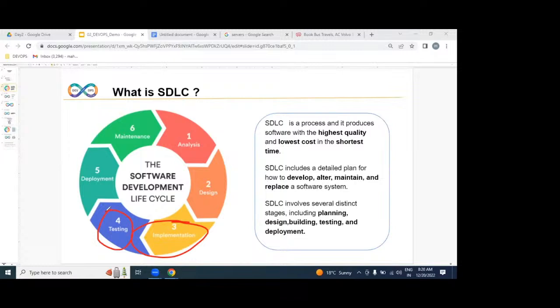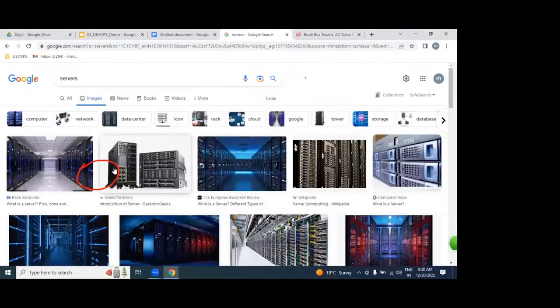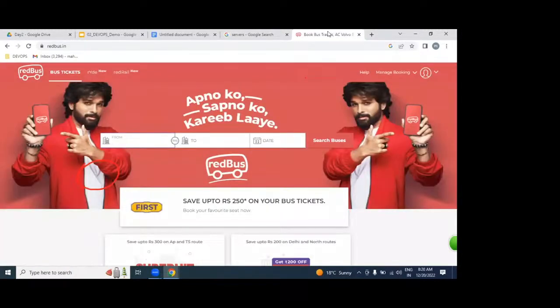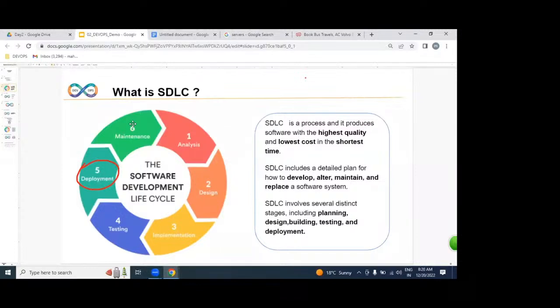Once it is verified, we deploy on hundreds of production servers, so it can be accessed over the internet as a website. That's it. Then, whether it is working or not, we monitor and maintain it.